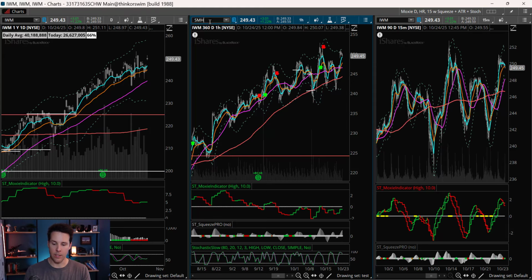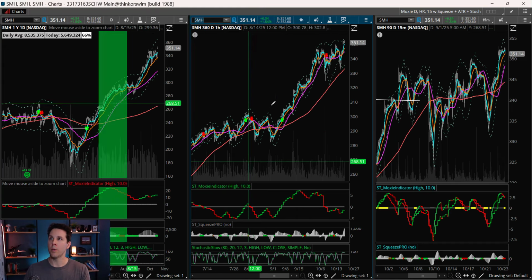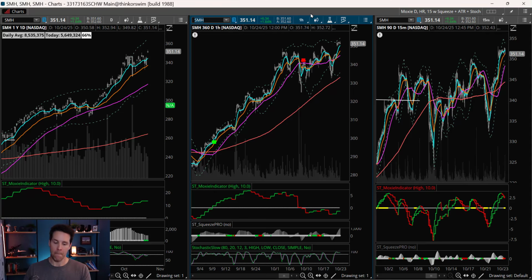And then if we look at the SMH, this is also mostly played out the way that I was looking for. The first thing, and again, with the Moxie indicator, there was your Moxie price trigger to the downside. And when price was up here, I said, I think that the market needs another pullback, because if you look at things like the SMH, the semiconductors, we have price over the 50, but the Moxie indicator below 0. That's not a proper setup.